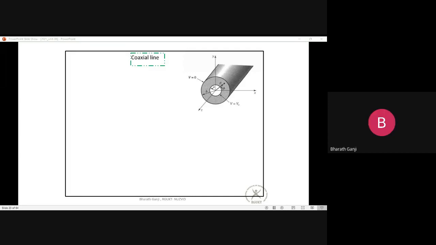Hello, students. So, in the previous session, we started talking about the coaxial line. We tried to derive what the dominant mode is. We saw that a transverse electromagnetic wave propagates on a coaxial line, and that is a mode which we are very much interested in